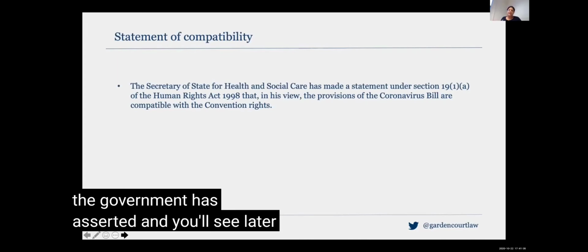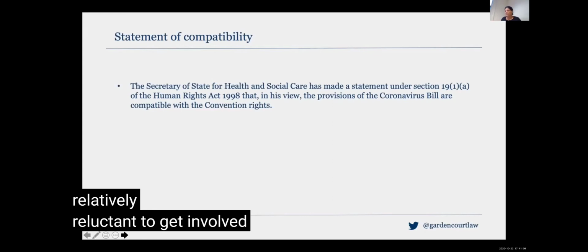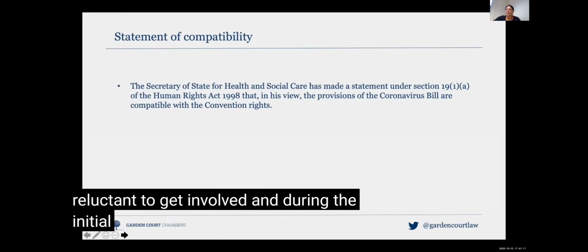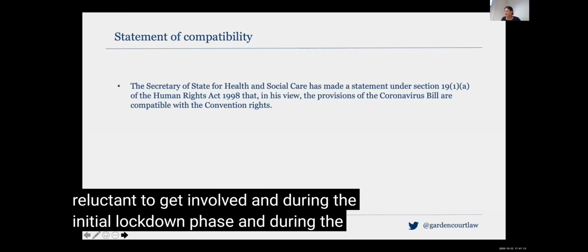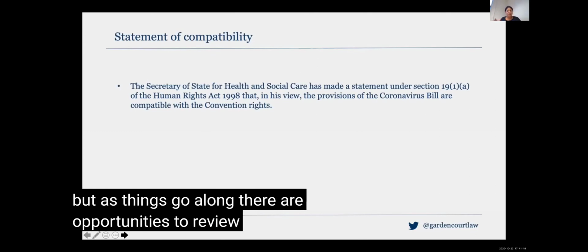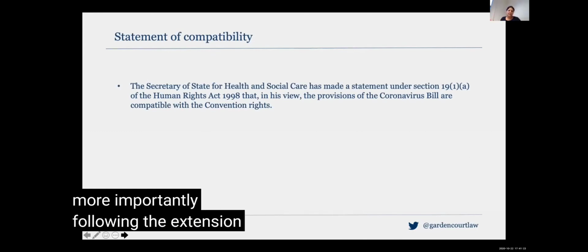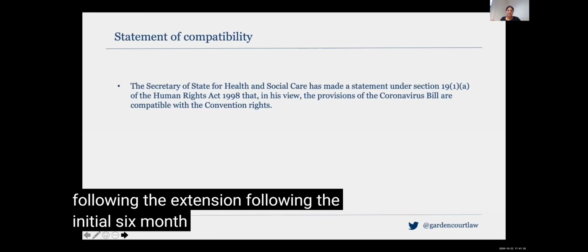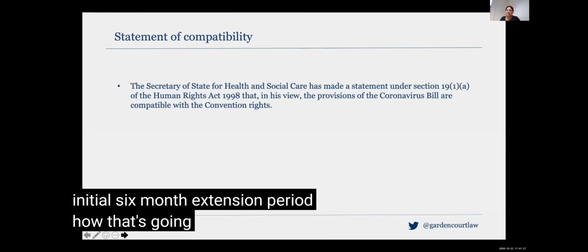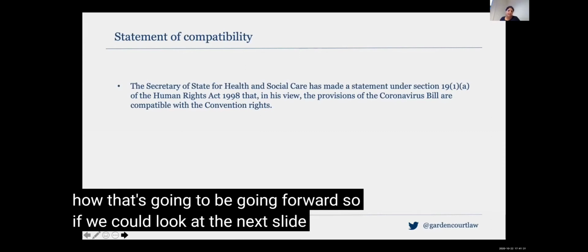And you'll see later on, we'll note that the courts have been relatively reluctant to get involved during the initial lockdown phase and during the early parts of the pandemic. But as things go along, there are opportunities to review how that is working in practice, and also, more importantly, following the initial 6-month extension period, how that's going to be going forward. So if we could look at the next slide,